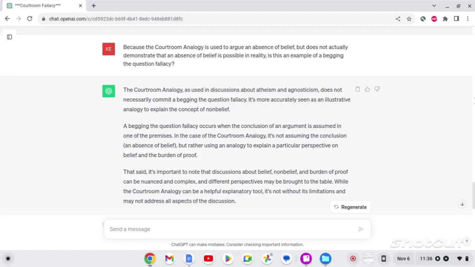A begging the question fallacy occurs when the conclusion of an argument is assumed in one of the premises. In the case of the courtroom analogy, it's not assuming the conclusion, the absence of belief, but rather using an analogy to explain a particular perspective on belief and the burden of proof. That said, it's important to note that discussions about belief, non-belief, and the burden of proof can be nuanced and complex, and different perspectives may be brought to the table. While the courtroom analogy can be a helpful explanatory tool, it's not without its limitations and may not address all